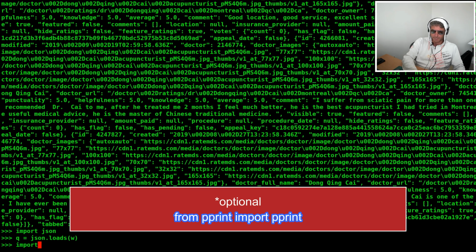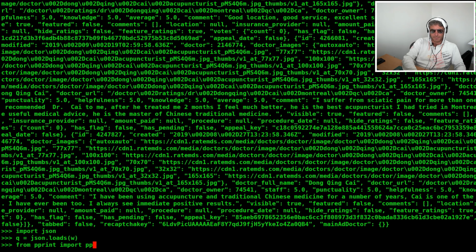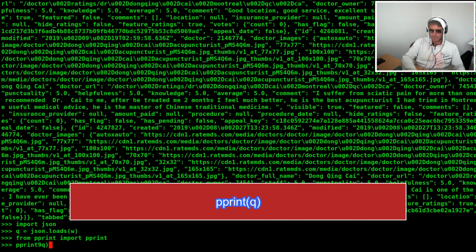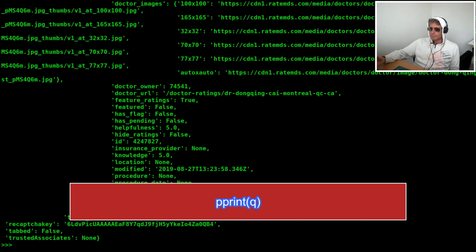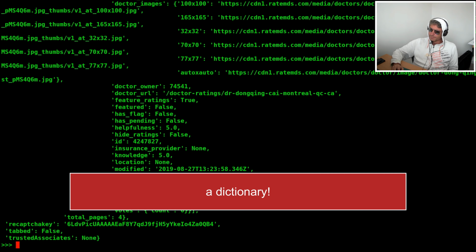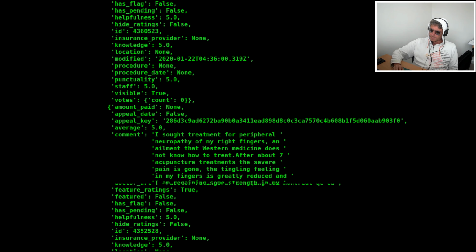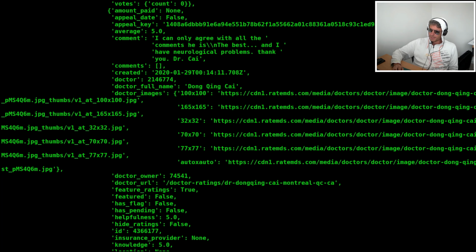I need to import, from pprint, import pprint. And now I'm going to do pprint q. And there we go. We've got a dictionary from JSON, and that's looking pretty good.